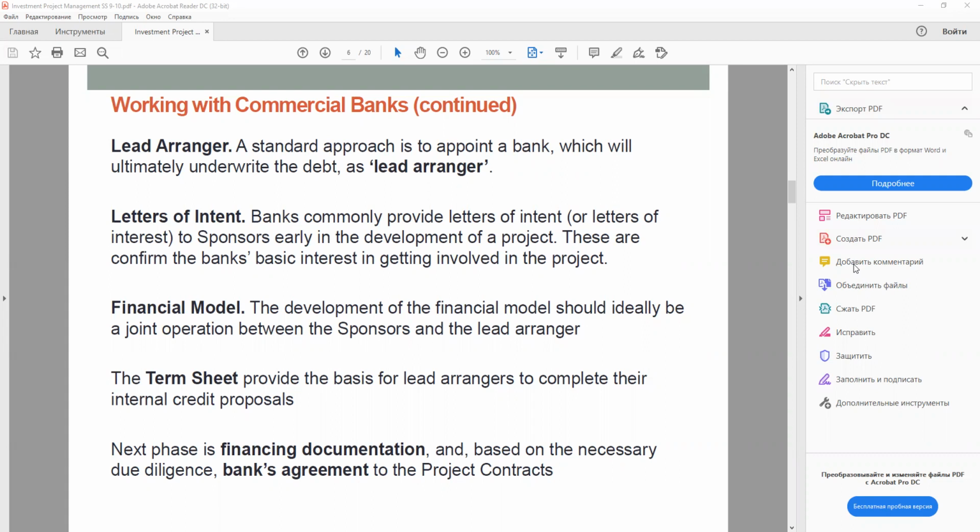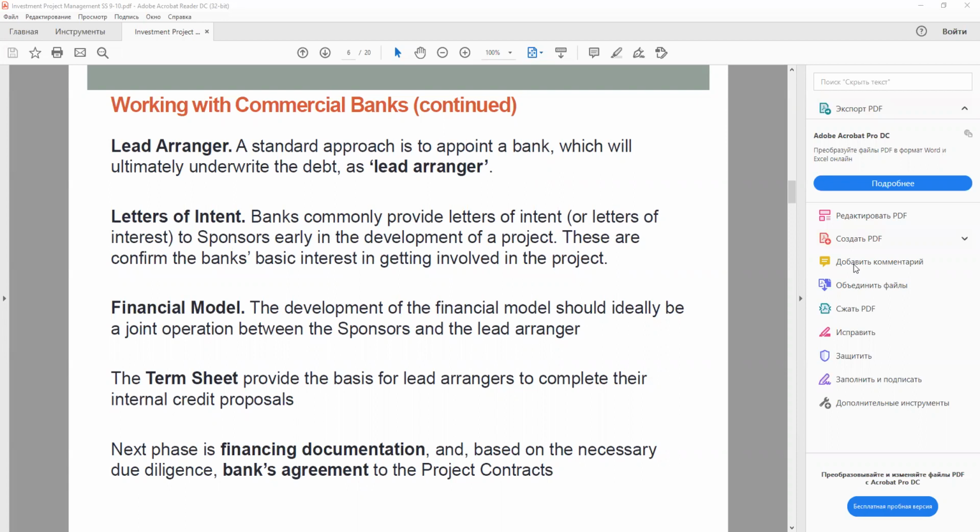This integral model is used as a reference point for all issues we will discuss later in detail, such as the amounts of the funds that can be drawn down, the actual KPIs that should be met by some specific dates, etc. So it's a two-way process that can be started in parallel on both sides, but ultimately lead to one joint integral financial model.